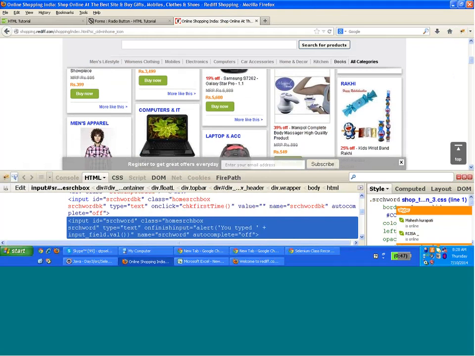Every product has a buy now button on it. You see various buy now buttons on this page. If I look at any one of the buy now buttons,